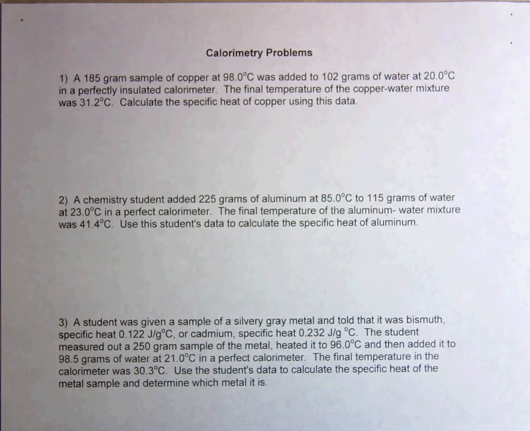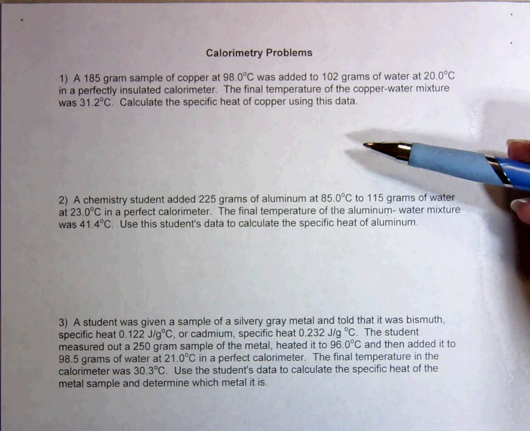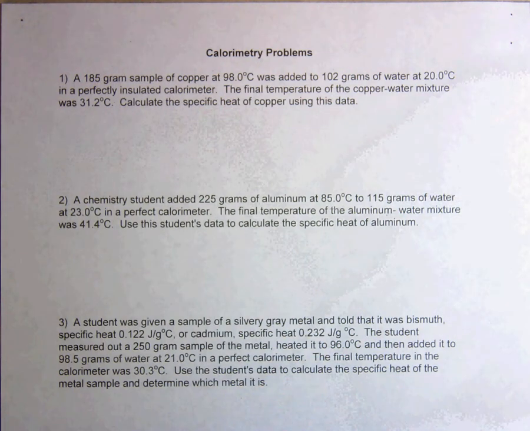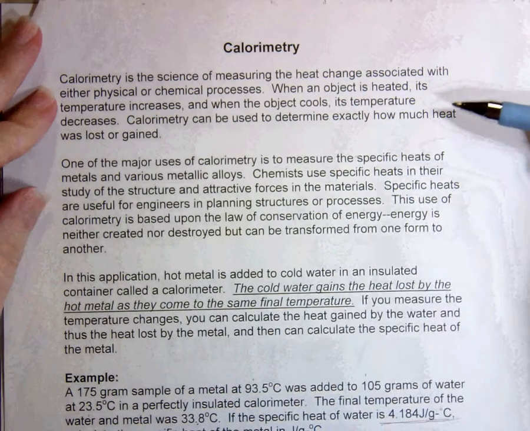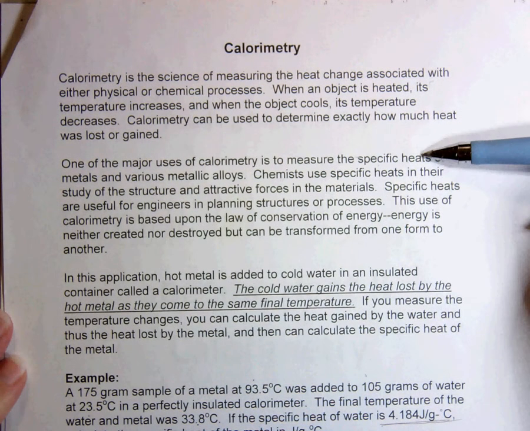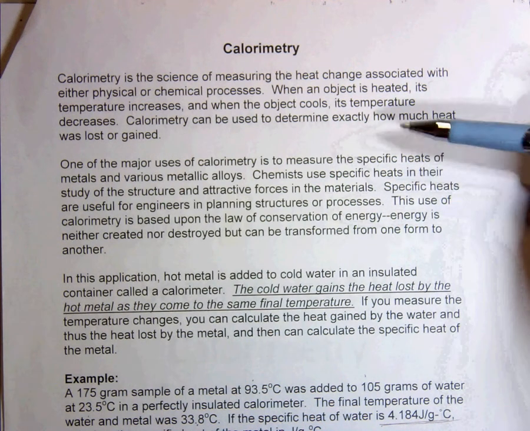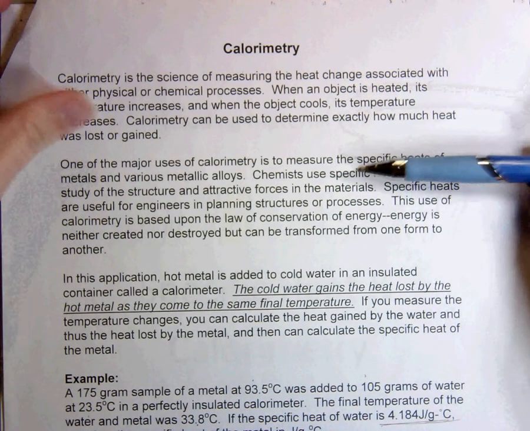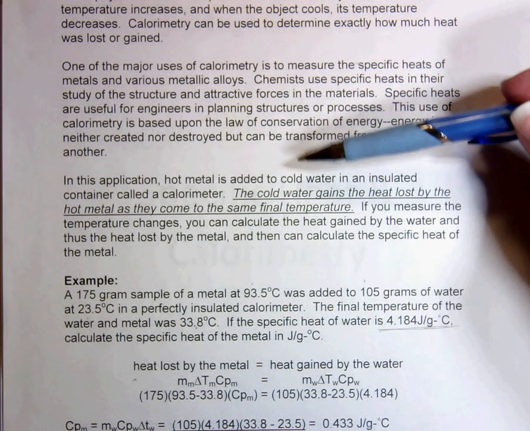Calorimetry problems. Calorimetry is a way that we can use the specific heat formula to figure out what type of metal we have if we have a sample of an unknown metal. In your reading material, there is information about calorimetry, and so if you are trying to figure out the specific heat of a metal or trying to determine which metal you have based on its specific heat, you can use this process called calorimetry. So what you do in calorimetry, you take a hot metal, you add it to cold